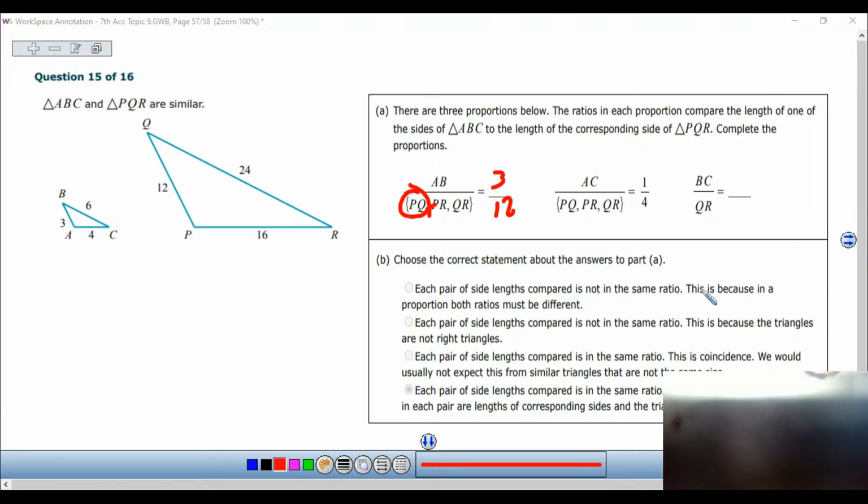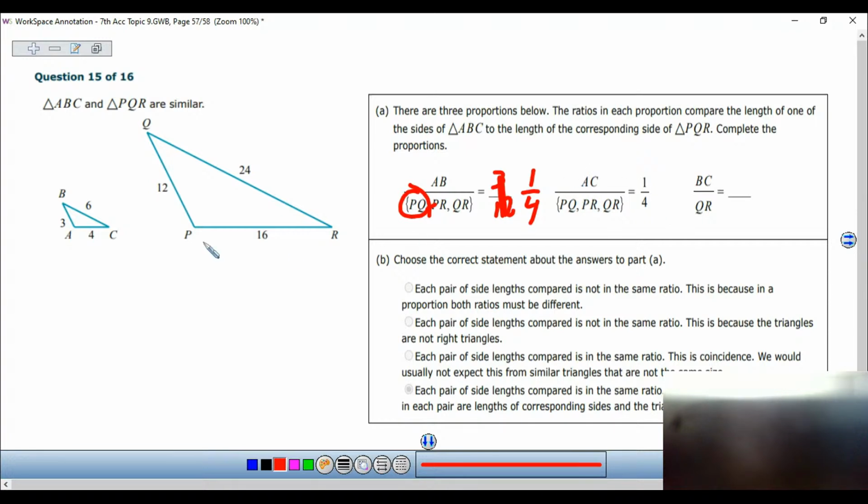I'm waiting to see if anybody types it in the chat. If not, I'll just do it. Okay, so 3/12 reduces to 1/4. All right, for the second one,